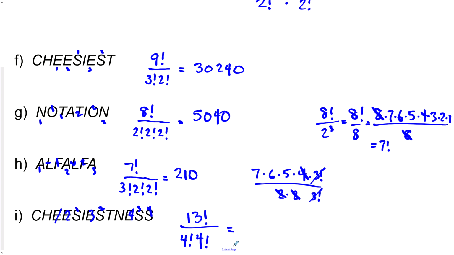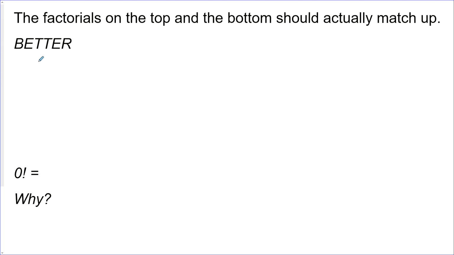We put this in our calculator. And the numbers start getting so large that it's actually kind of nice just to express your answer like this. But in this case, it's 10,810,800. Now, let's go back to the word better and look at it again and also discuss why 0 factorial